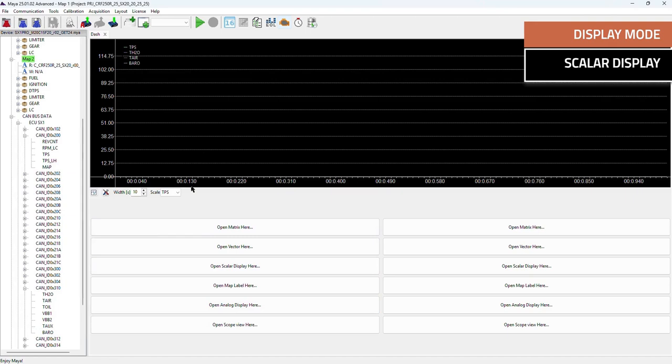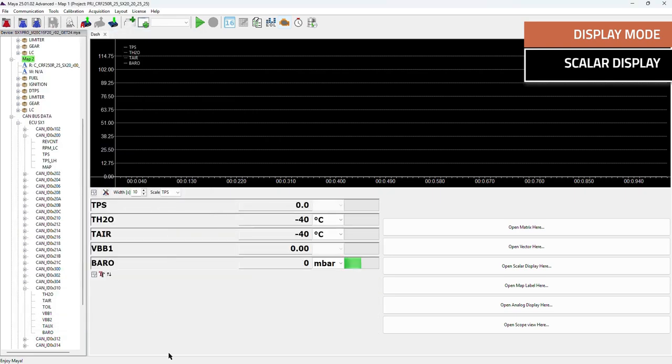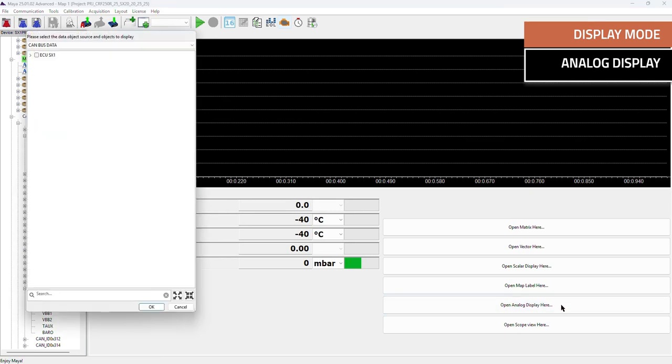Another form of visualization is the scalar display, where instead we view the numerical value of the quantity being examined. Or as a final option, the possibility to display quantities in analog form, that is, with a needle gauge.